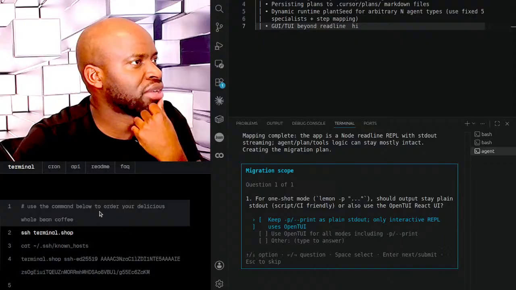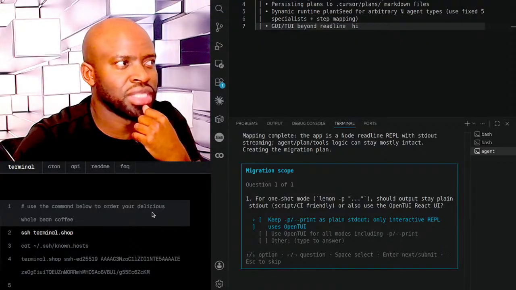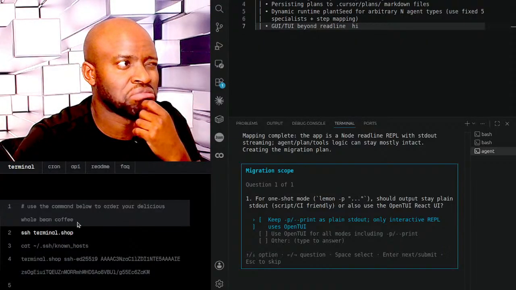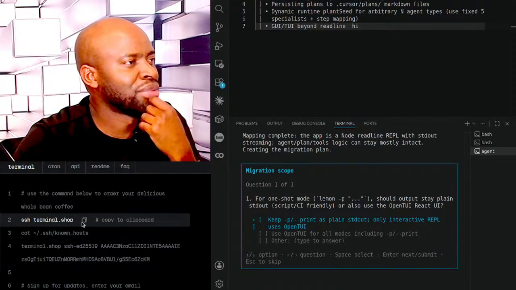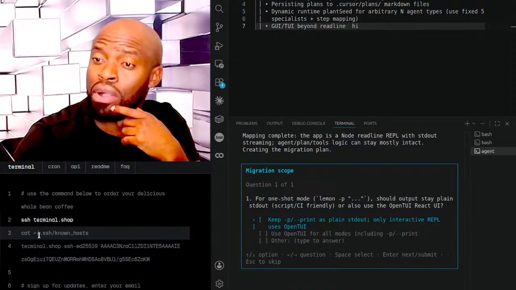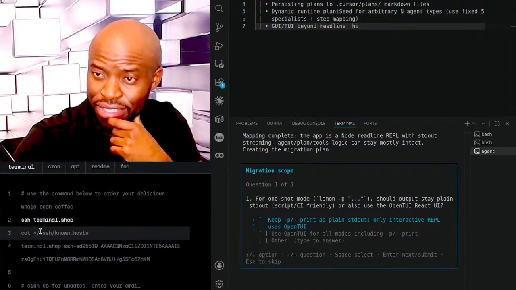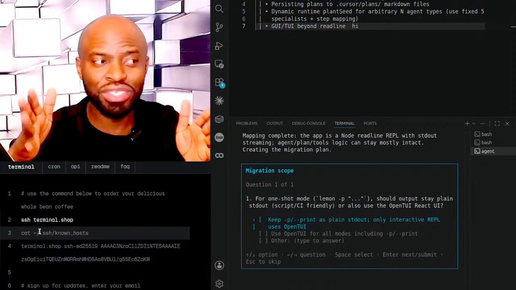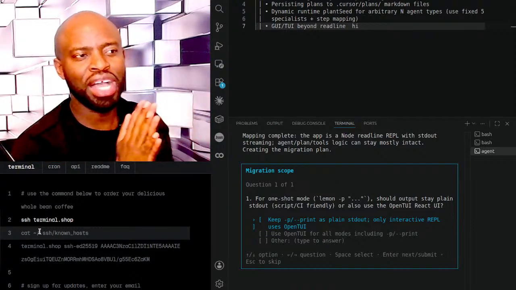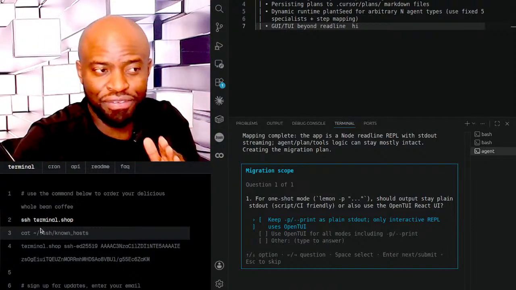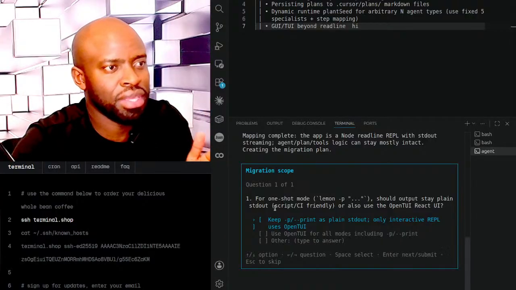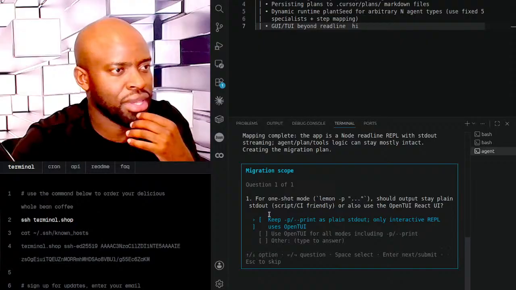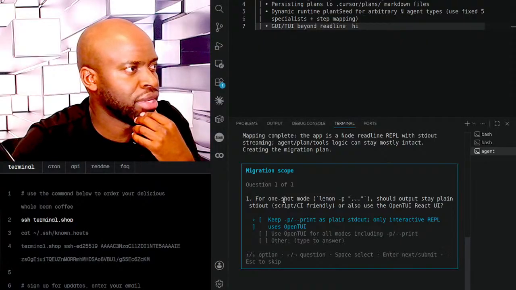So use the command below to order your delicious coffee: ssh terminal.shop. I love this. That's what I'm telling you. The future is moving toward terminal. I don't know what you are doing, but the future is moving toward terminal. You are remaining behind. So yeah,